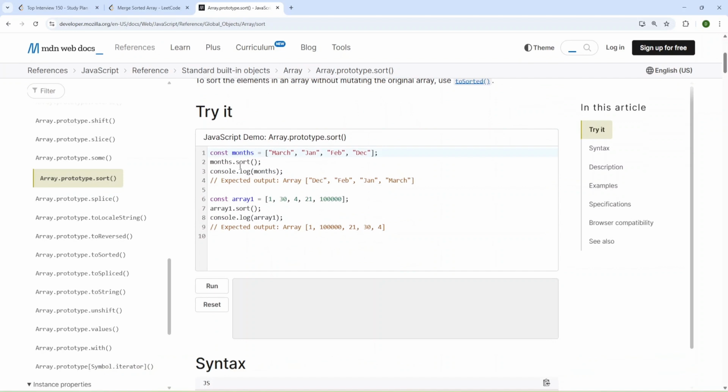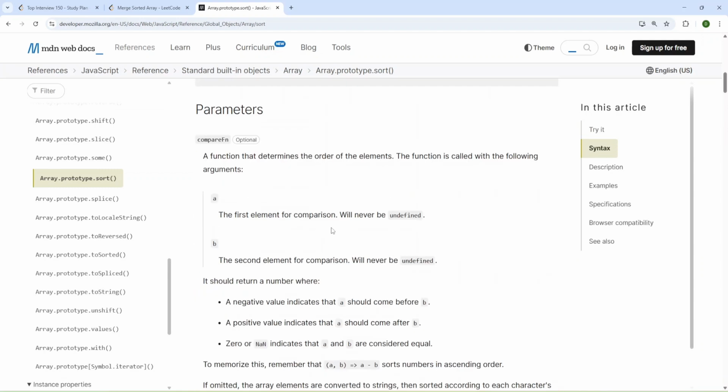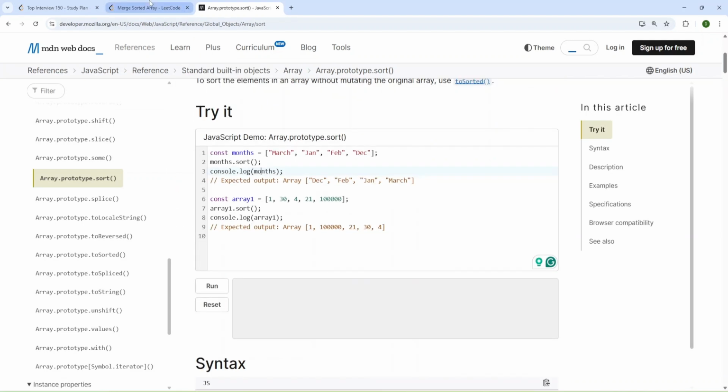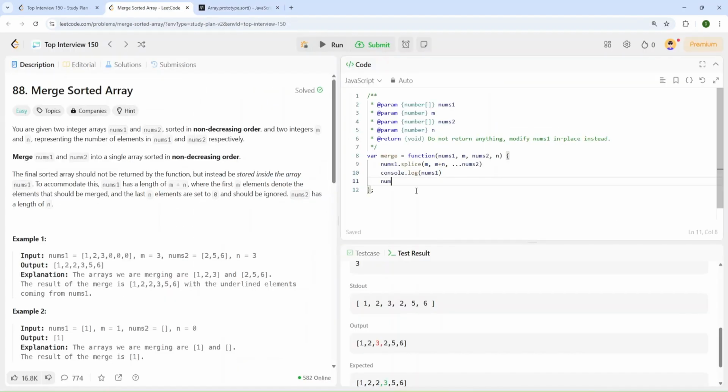As you can see, it allows us to sort elements, but we have numbers, and we need to specify a function to sort numbers, so let's do it. I'm going to use nums1 and use the sort function, and we'll provide a function with a and b, and we'll use this function to sort my array in non-decreasing order.